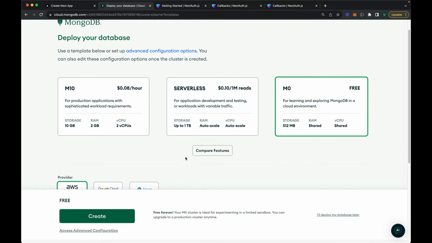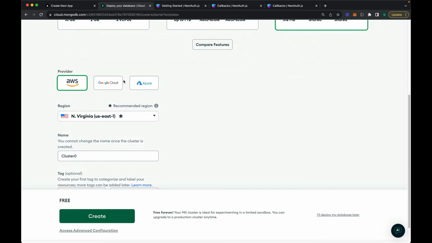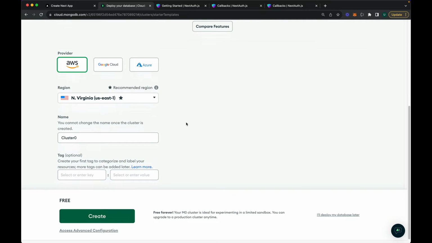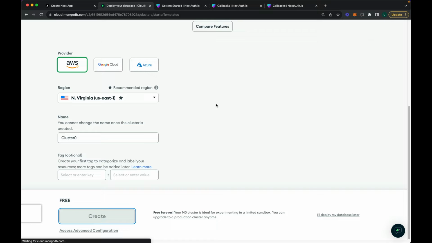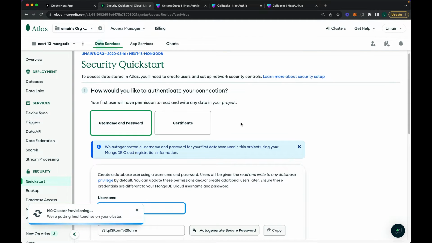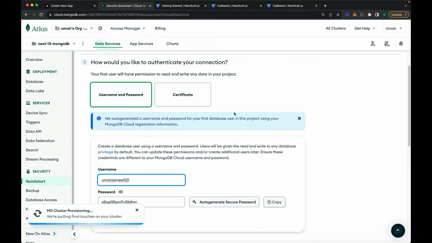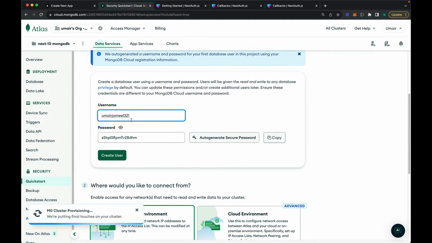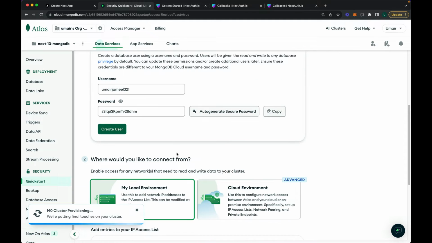I'll be clicking on this free, and we can select any provider for the cloud. I'll leave it like this. I can click on the create. Okay, so I'm going with the default settings for it. So now I need to set the username and the password. So here I can set the username, and then I can set any password to it, and I can click